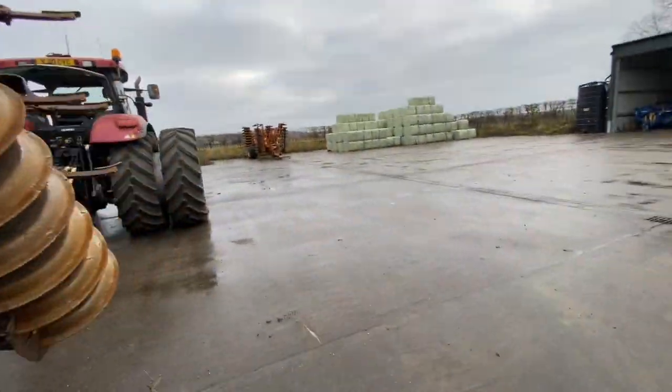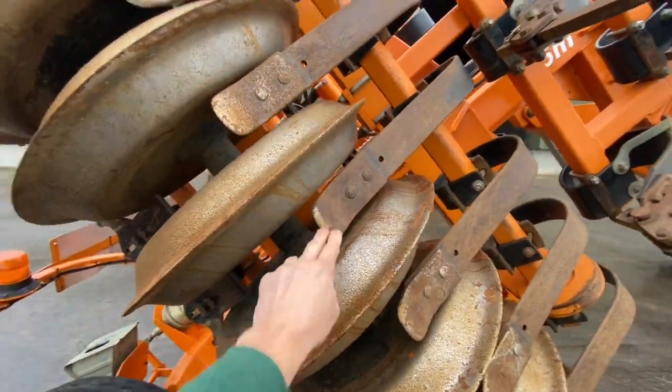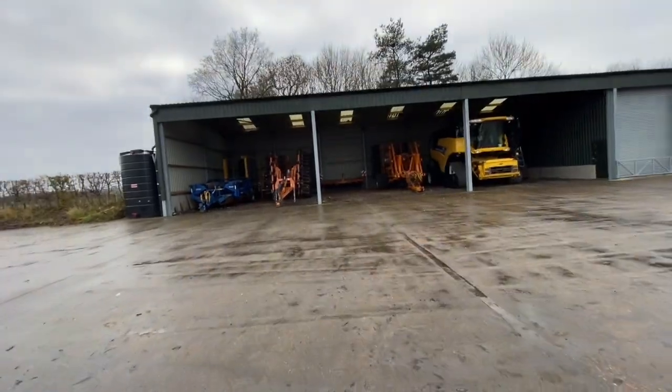So just looking at the difference, so you can see there we've got a double row of tines, you've got your levelling boards, springs here, and you've got your one row of DDs. If we look over here at the Cultipress,